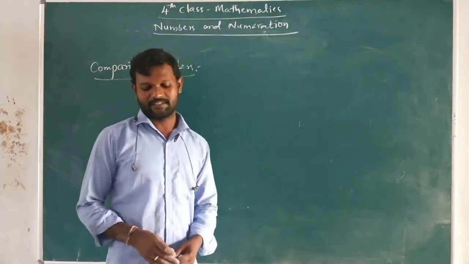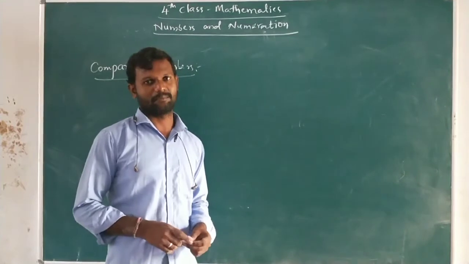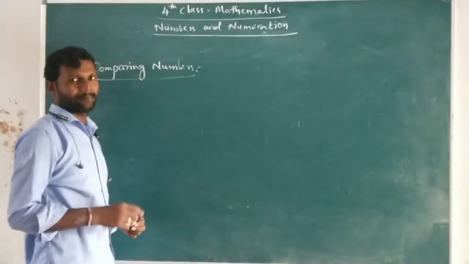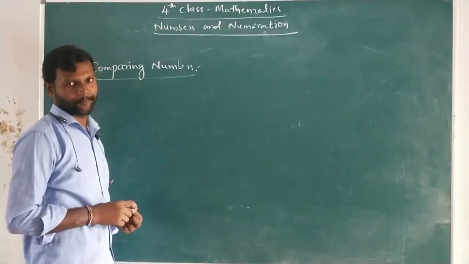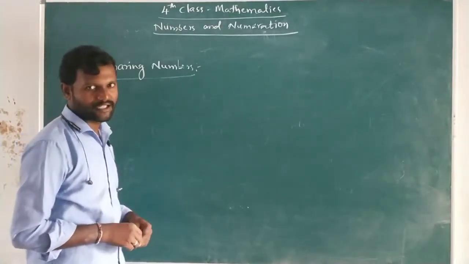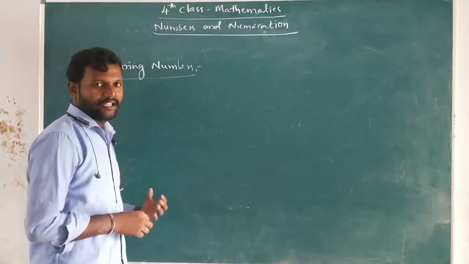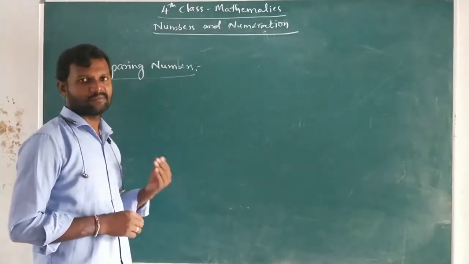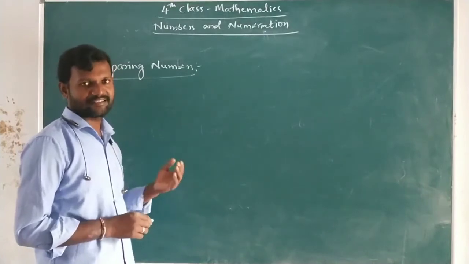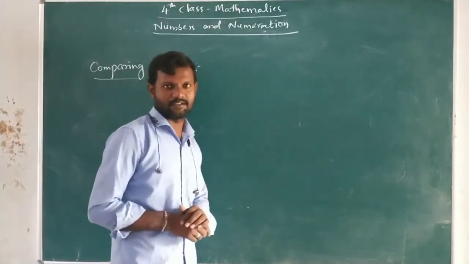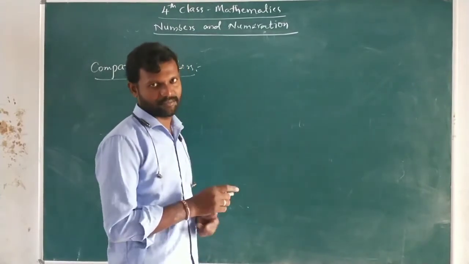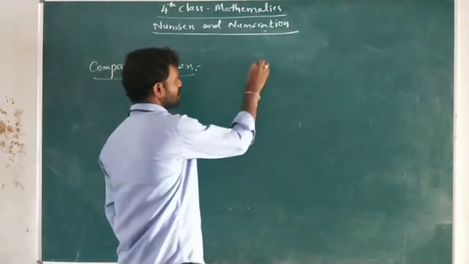Okay, children, now we will discuss comparing numbers. What does comparison of numbers mean? It means being able to say whether a number is larger or smaller than another one, which is the greatest number and which is the smallest number. These kinds of things come under comparing of numbers. For example,